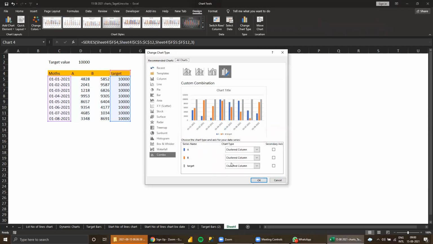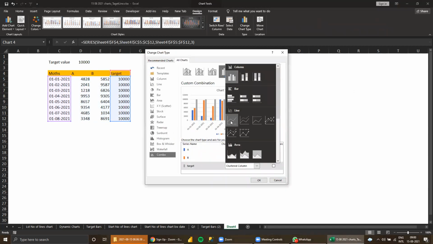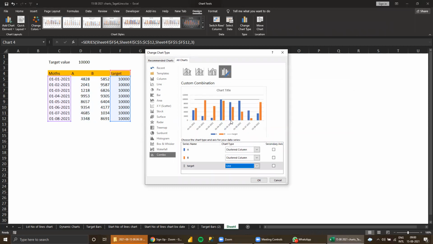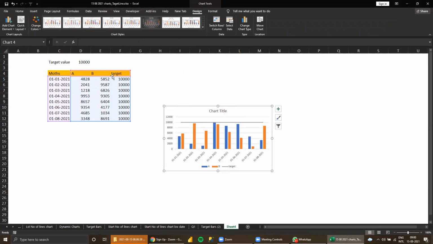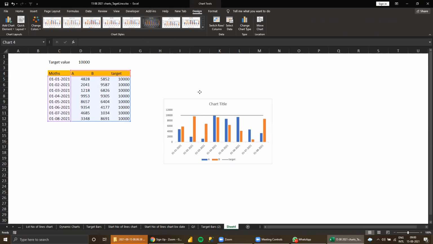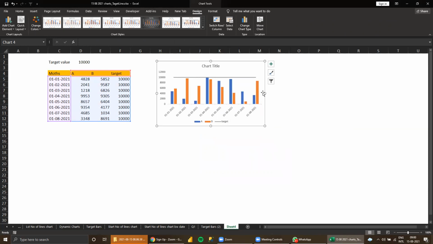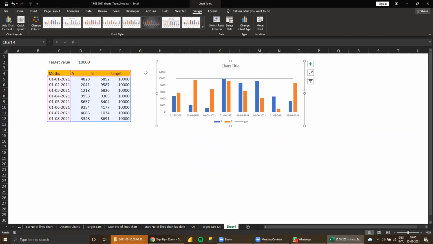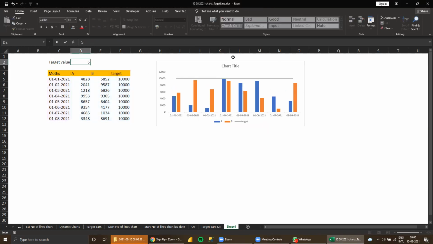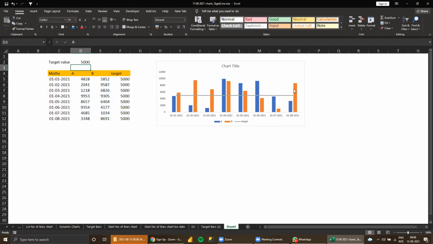Change chart type. So go to line chart. So the line chart will appear here. Okay. So based on the change, automatically we'll get the change in the line. I was trying the other method also, but it is not happening now. I'll tell you. So automatically the line will change. Okay.